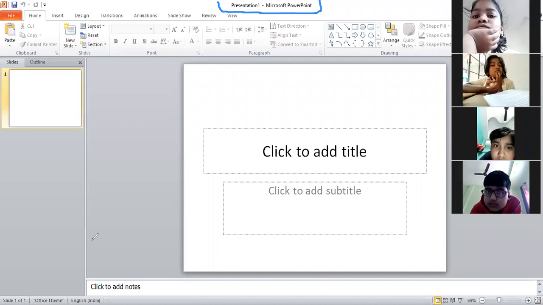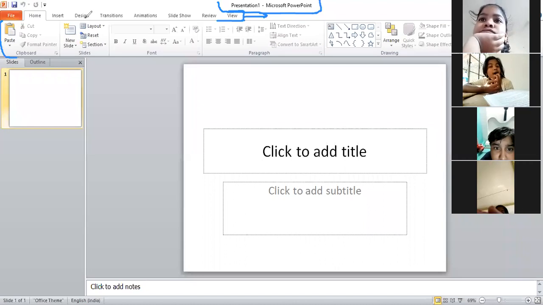Next, you have ribbons. So what are the ribbons? This part is known as ribbon. And the names where it is written, it is known as ribbon tab. The names such as Home, Insert, Design, Transitions, Animations, Slideshow, Review, View.